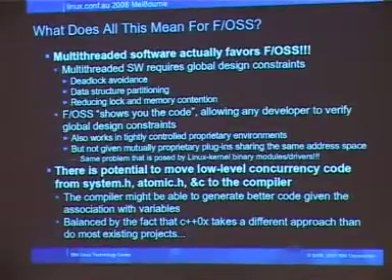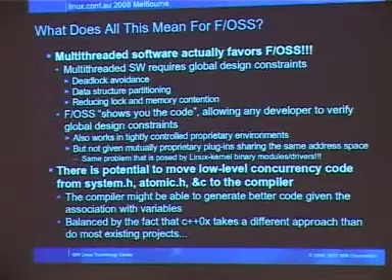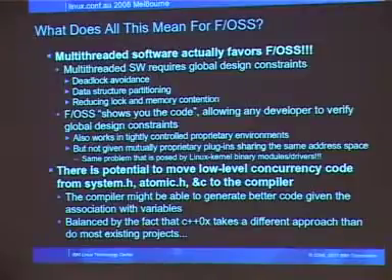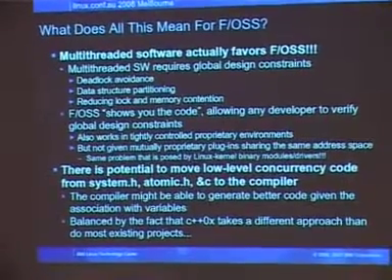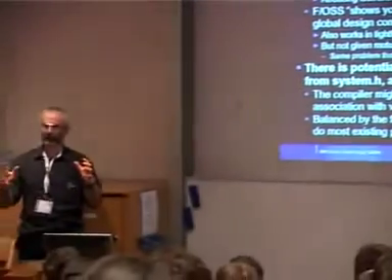It turns out that multi-threaded software actually favors free and open source. The thing is that multi-threaded software requires global design constraints. You have to avoid deadlock. You can have a deadlock cycle going through any arbitrarily long part of your code. Any part of your code might be involved. It's a global property. You can have 5 pieces of code you put together, any 4 of them won't deadlock, and the 5th one adds deadlock, whichever one it is. It can happen. Data structure partitioning also has to be done globally. And lock and memory contention are global properties. The ability to see the code means that any developer anywhere can verify that these global properties actually hold, or find places where they don't, more likely.